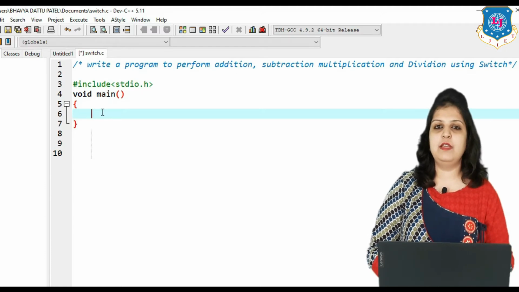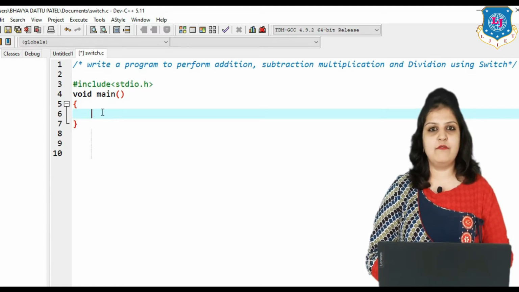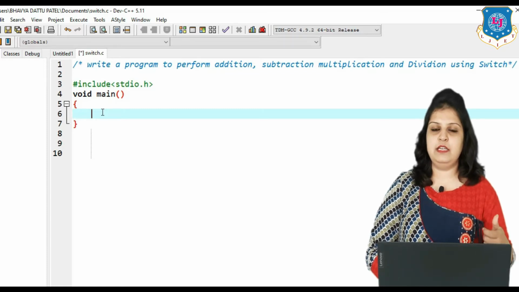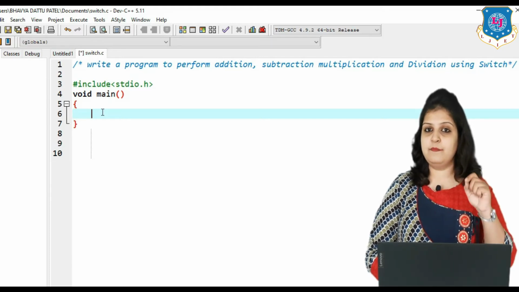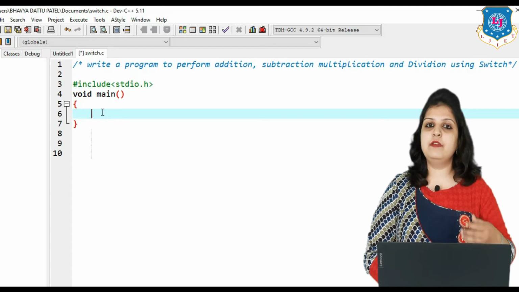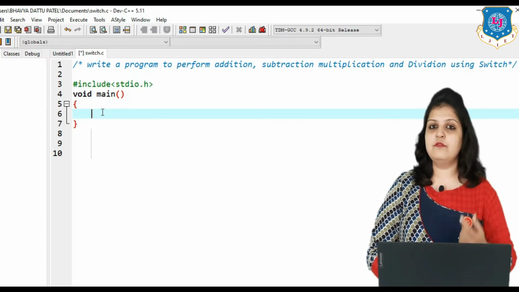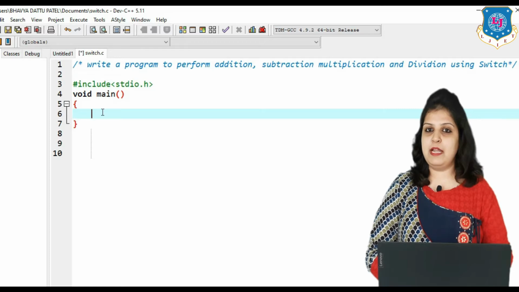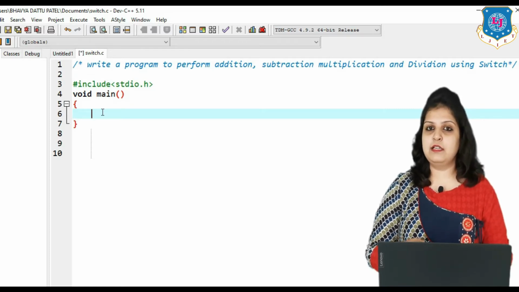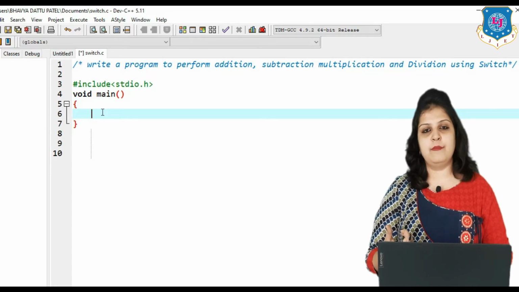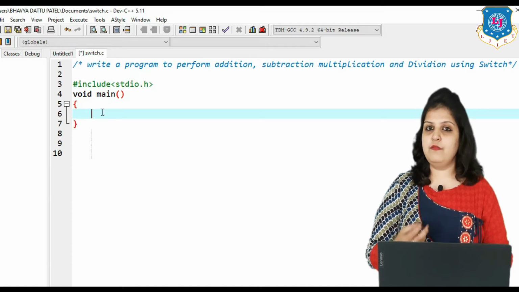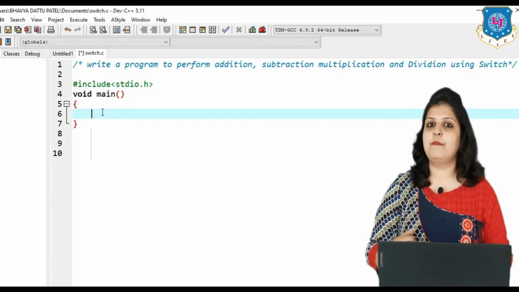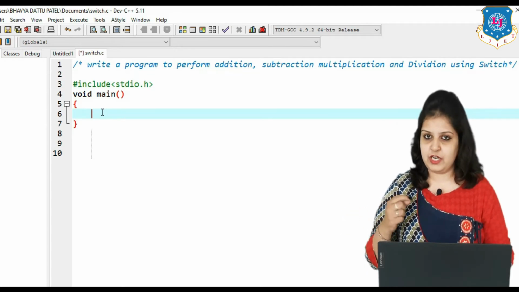In the previous example we took the data type integer for the variable that we put in the switch statement. Here, what we have to do is, if the user enters the plus sign, then we will get the output of the addition of two numbers. Suppose I enter the minus sign, then we will get the answer of the subtraction of those same two numbers. So in this way we have to do 4 different operations.